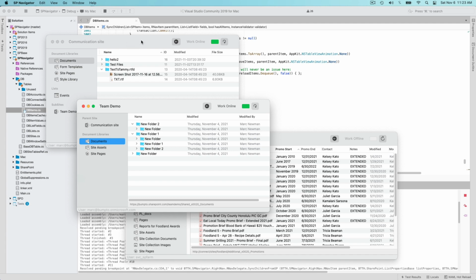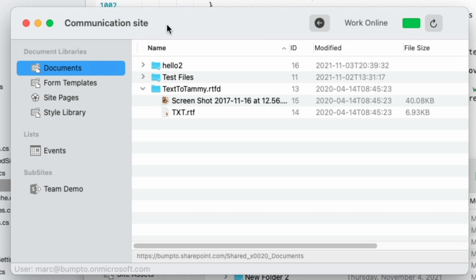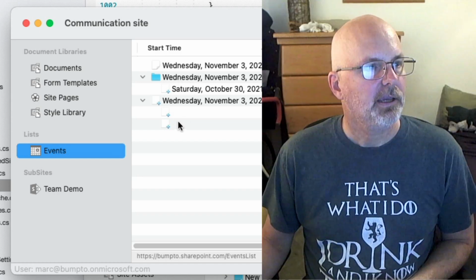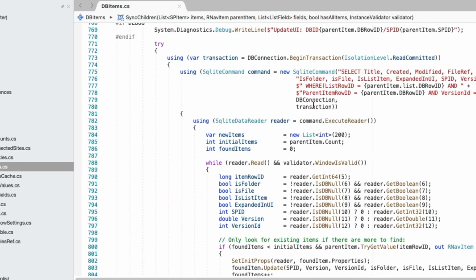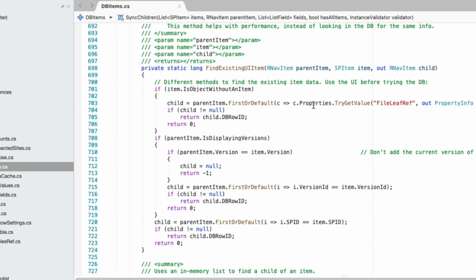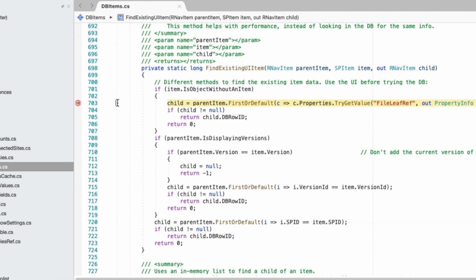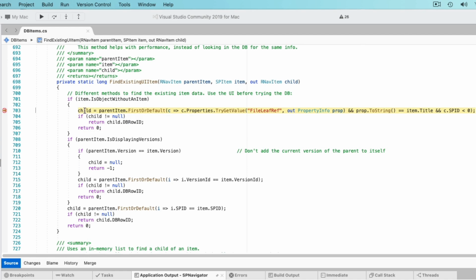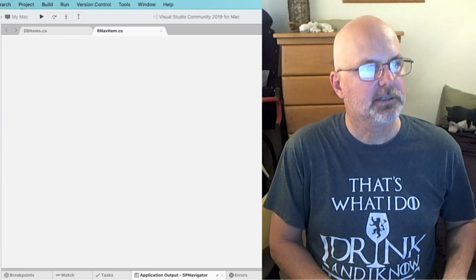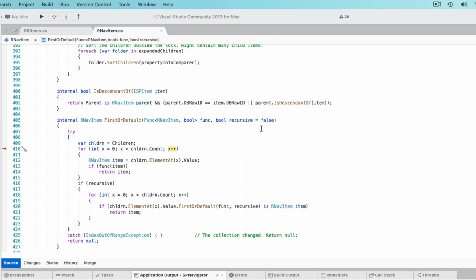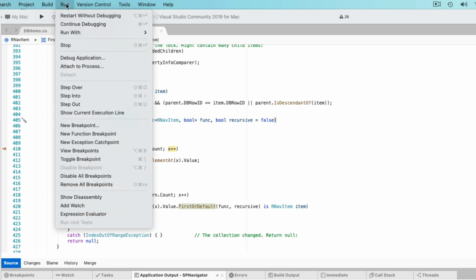Here's my application. I'm not going to get into describing the application, but I will go to what caused the error before, and this is what caused it. In fact, if we go up to that line of code, 703, add a breakpoint there, and go up here to collapse this and expand it. There, we've hit this point. So if I step through this, here's the first or default thing that's being called, and it's going to go through that. Let's step out,